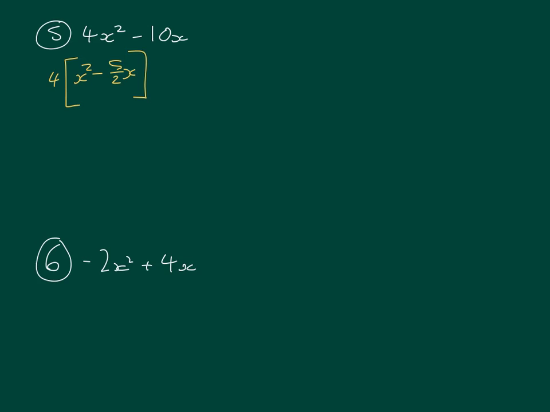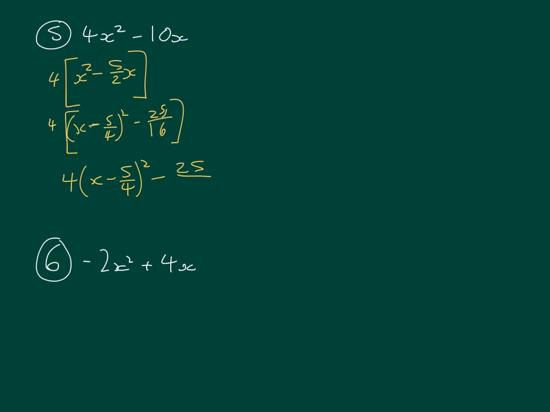Then complete the square, so we'll have 4, we'll have x minus half of 5 over 2, which is 5 over 4, all squared, and then subtract 5 over 4 squared, which is going to be 25 over 16. And then multiply out by 4, so we'll have 4 times x minus 5 over 4 all squared minus